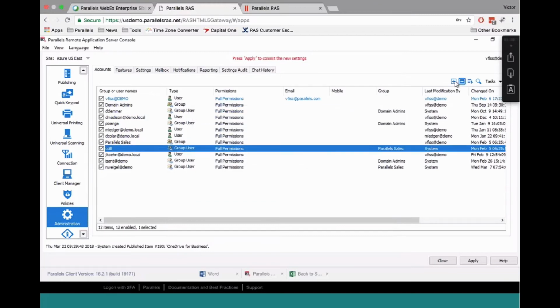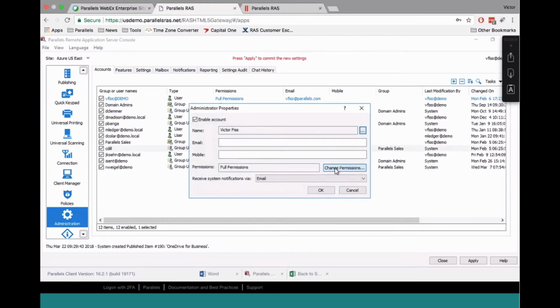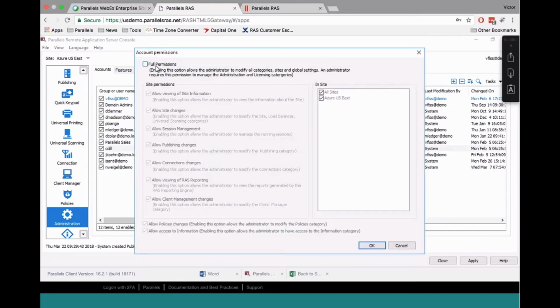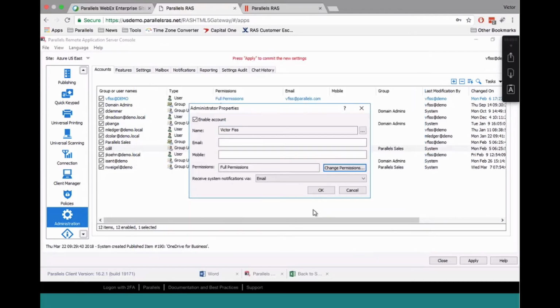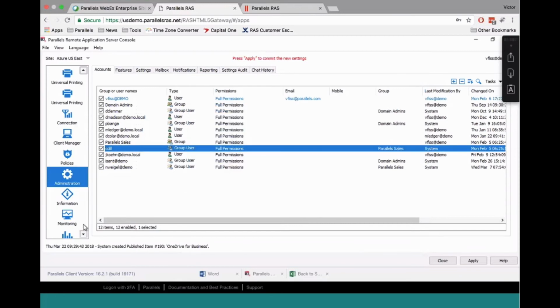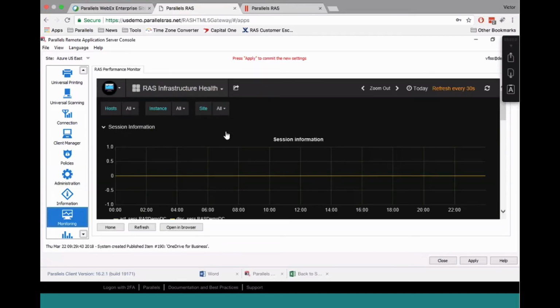So let's say I want to add a new person to have limited control to manage Remote Application Server. You can select permission levels, from full permissions, to only seeing site information changes, or just seeing who's connected. If you break into different sites, or server sites, you can have different access levels for specific individuals. And for monitoring without additional costs, Remote Application Server can give you an idea about session